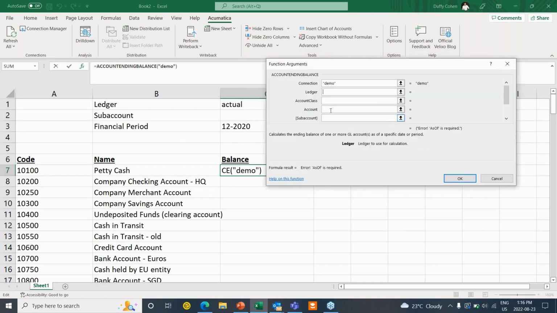Perfect. So we'll put our connection in once again. We'll take our ledger, and our financial period. At this point, we are done. I can click OK. But before I do so, I wanted to show you all the resources we have available